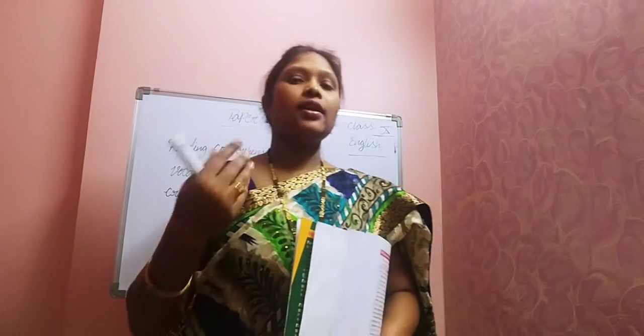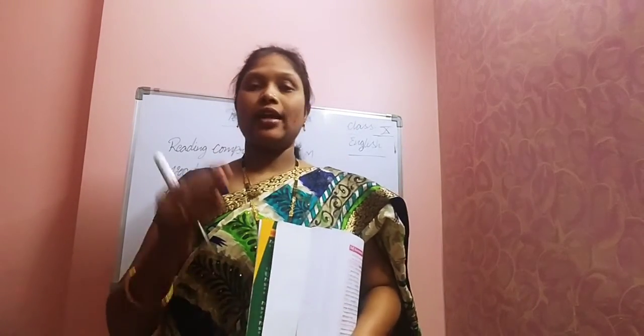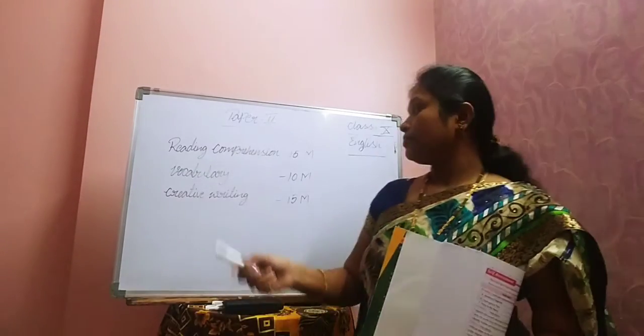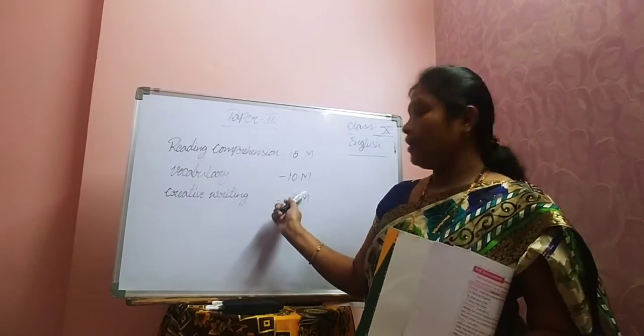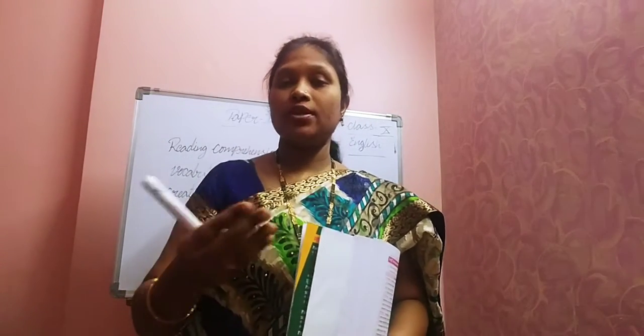Section B comes under the vocabulary and grammar part. For vocabulary, it will be given for 10 marks. Here again different types will be there. You will get choosing here also, that means options will be given. Choose the correct answer, with 4 options given like that. And in one more type, 2 words will be given within brackets, and you need to select the right word.